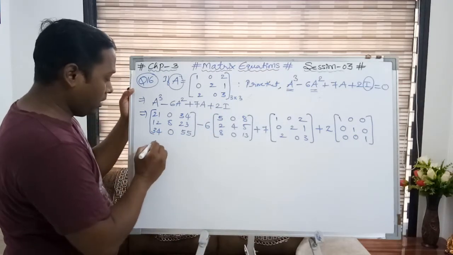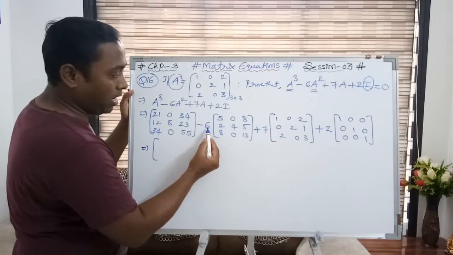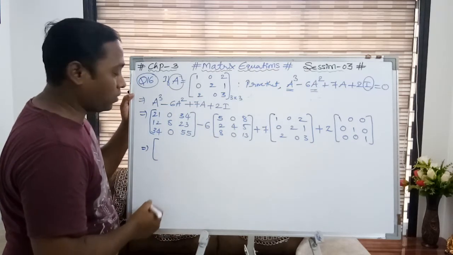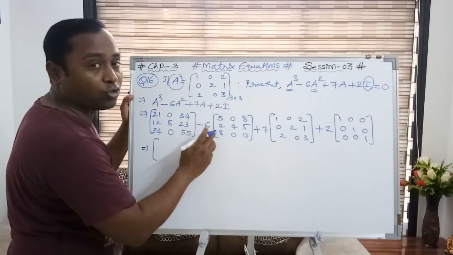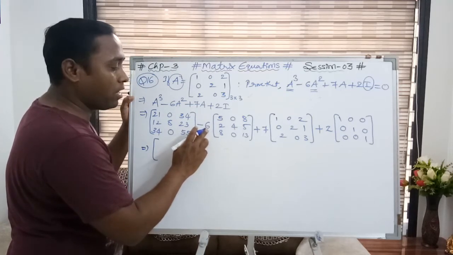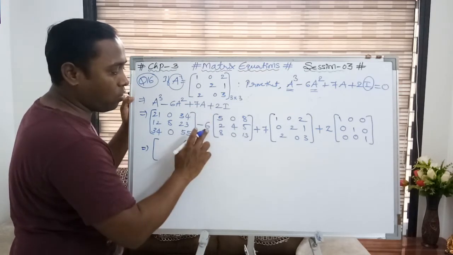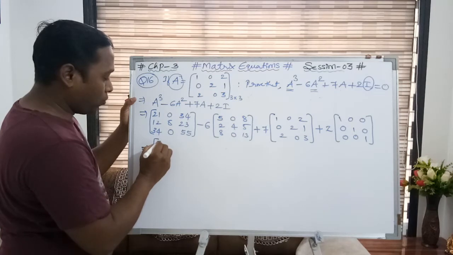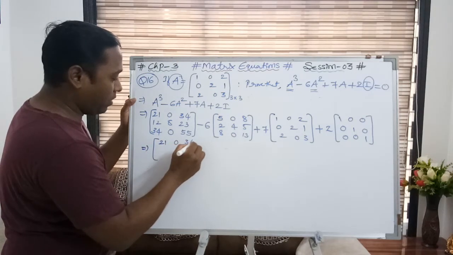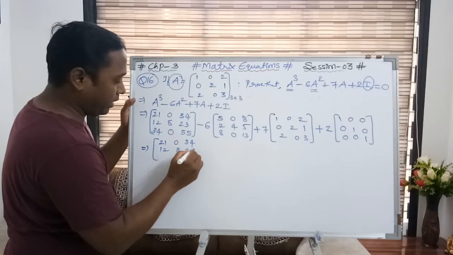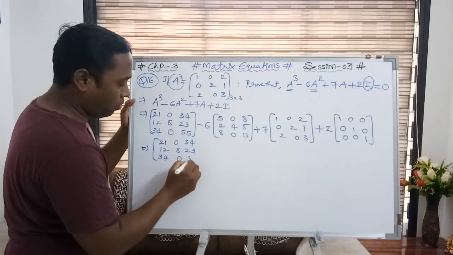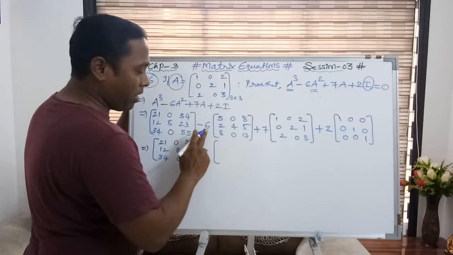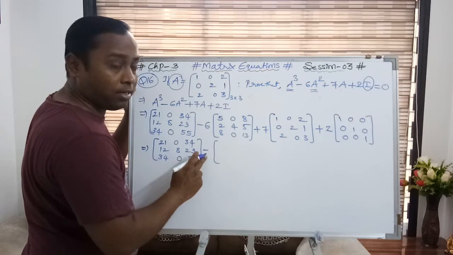Okay. Let's see. I am keeping this first. I will multiply each matrix with its coefficient, and then I will go for the addition and subtraction process, which we call scalar multiplication. We must remember that whenever we multiply a matrix with a constant, every element would be multiplied by 6 here. So 21 0 34, 12 8 23 as it is, 34 0 55. Now minus, I am multiplying with 6 only, right? I am keeping the minus sign outside.